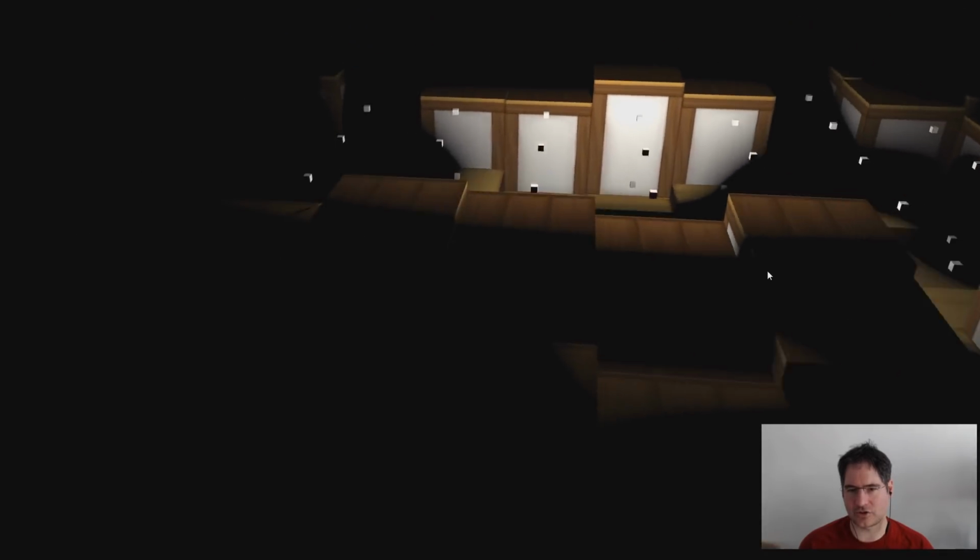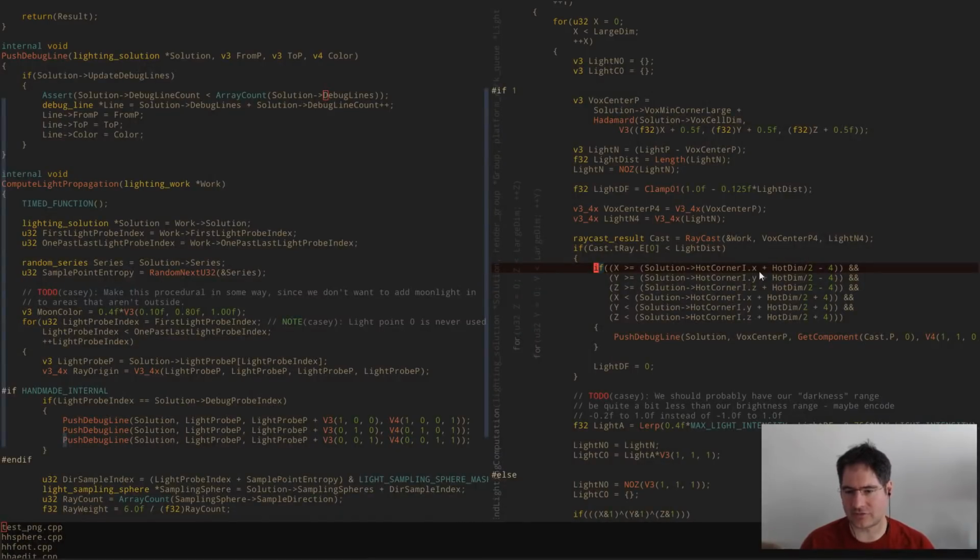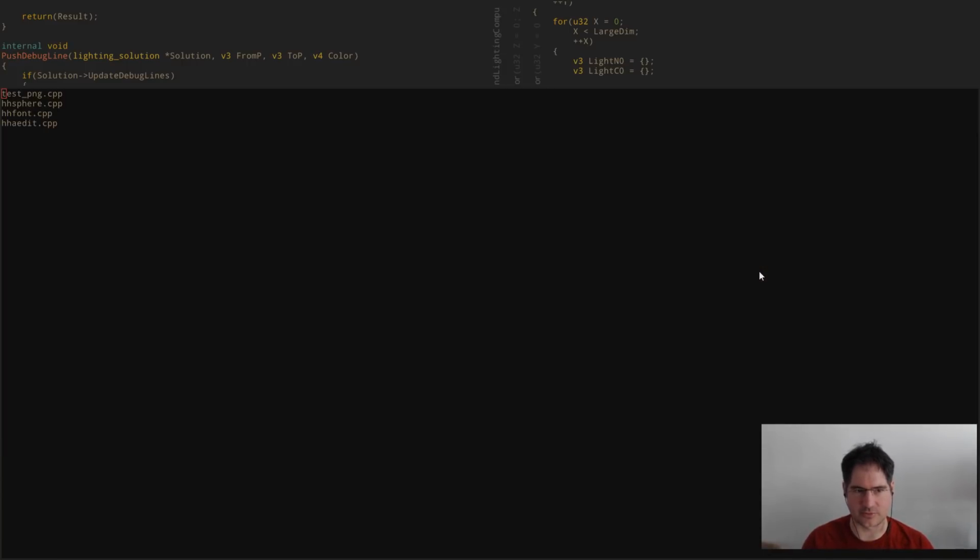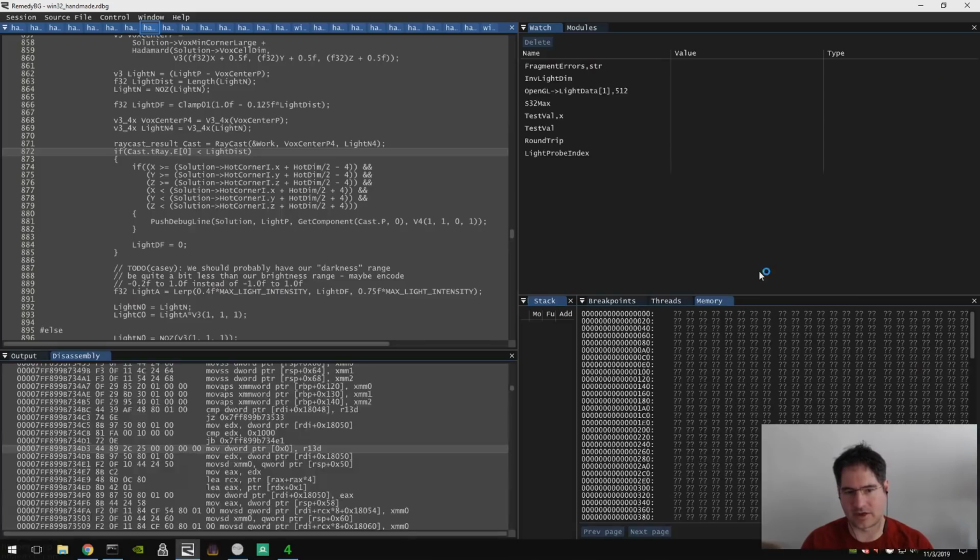I mean, it could be. Let's draw it the other way. So let's draw it from the light source to the cast location, so we can see if that's the case, right? So let's draw it this way instead, which is not really correct. It's not showing you the ray that was actually cast, but I just want to see, it's a more interesting